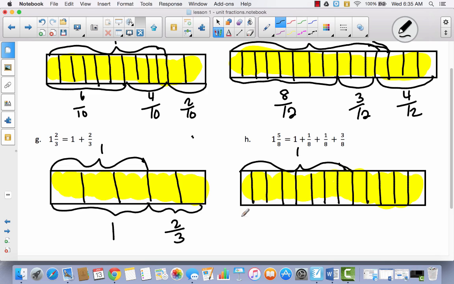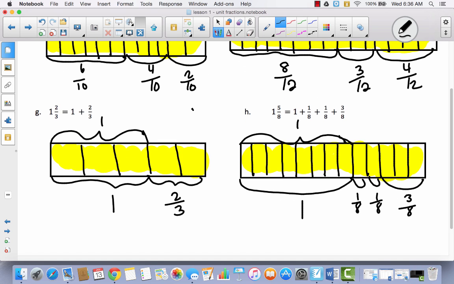So now we're going to decompose this as 1. So let's go ahead and take all 8 of these and call this 1, and then we're going to do 1/8 and 1/8. So we've got 1/8 and then 1/8. And then we have 3/8. Okay,